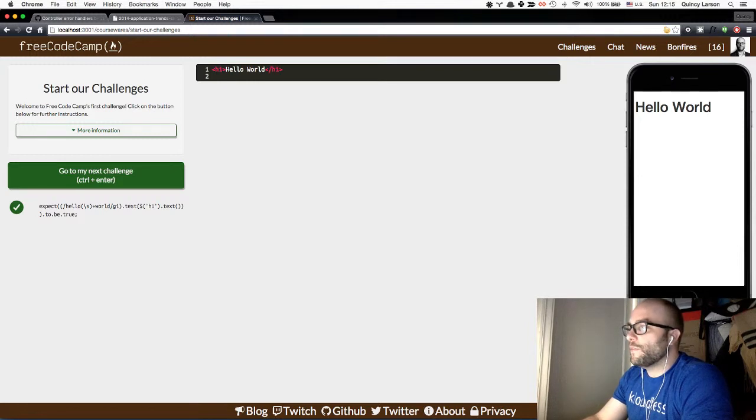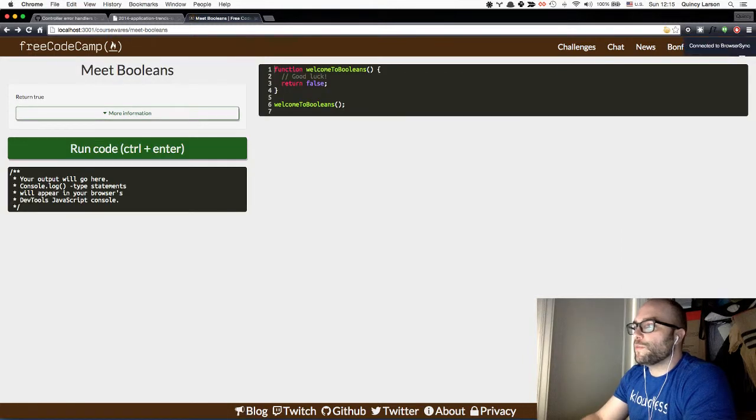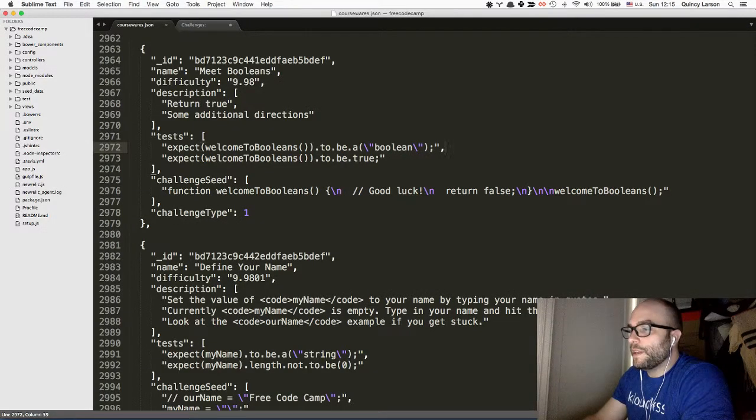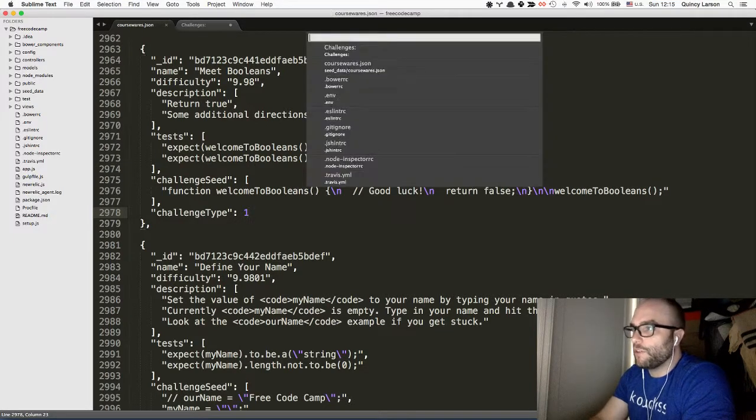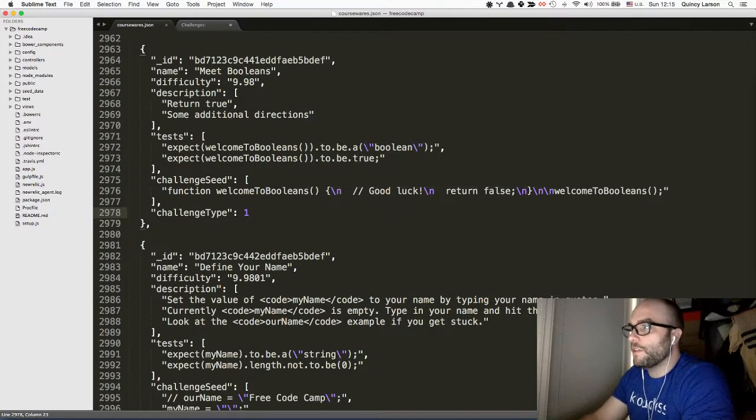Yeah. So basically, the difference is these are much more similar to our bonfires. Basically, all we did was remove the difficulty, and the view is exactly the same. And then finally, we have challenge type 1, and that specifies that it's a JavaScript challenge type, as opposed to the other 3 challenge types, which I can actually open up. Well, it's not on this branch, but basically zip lines and base jumps are challenge types,